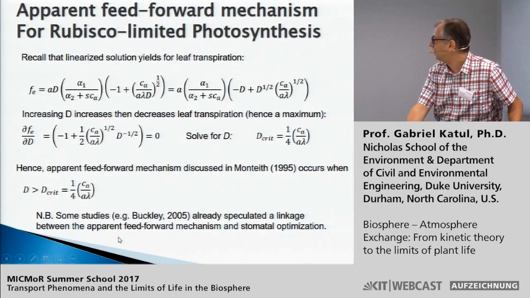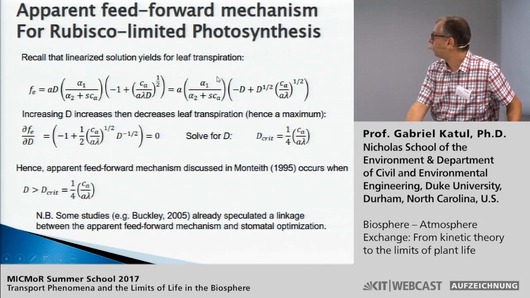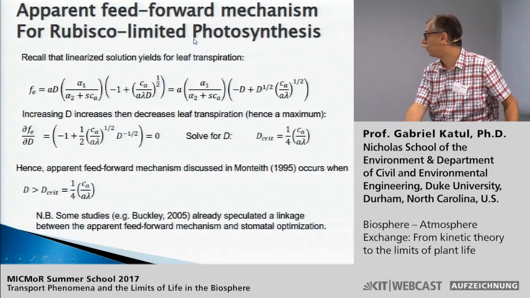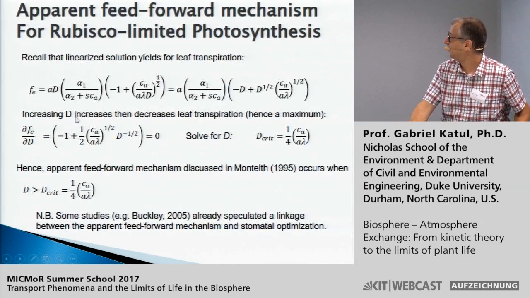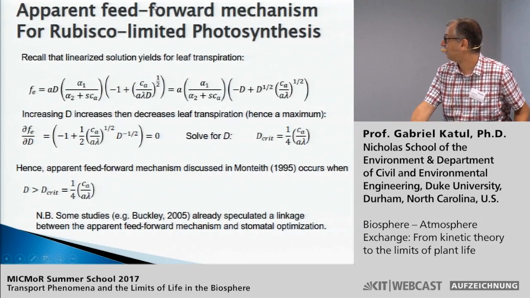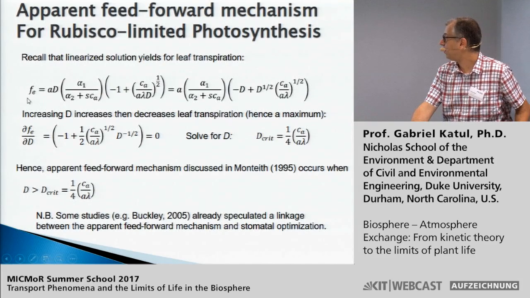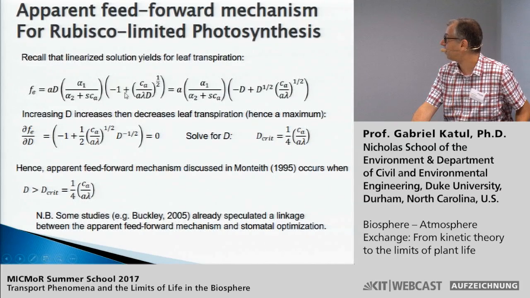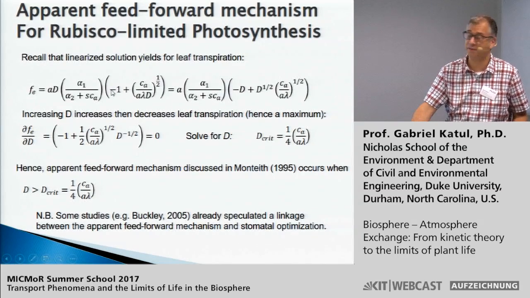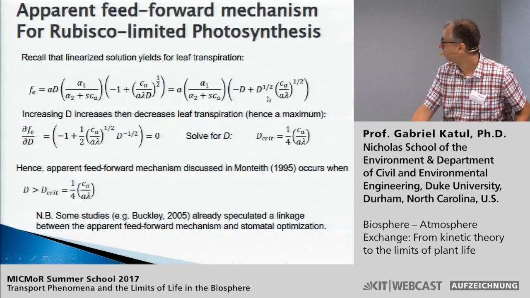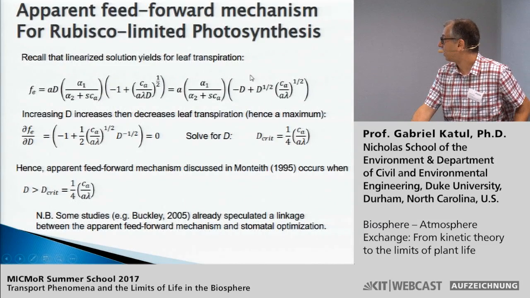Okay. So, from the stomatal optimization perspective, for mathematical brevity and compactness, let's just look at the result for the linear A-Ci curve where Rubisco limits photosynthesis. We have shown that the transpiration rate is written like this. This is basically taking the stomatal conductance result and multiplying it by vapor pressure deficit. And I've mentioned this minus 1 before, that this is primarily connected to the apparent feed-forward mechanism. Now I'm going to show you how. If you multiply the conductance by vapor pressure deficit, you get exactly the apparent feed-forward mechanism.